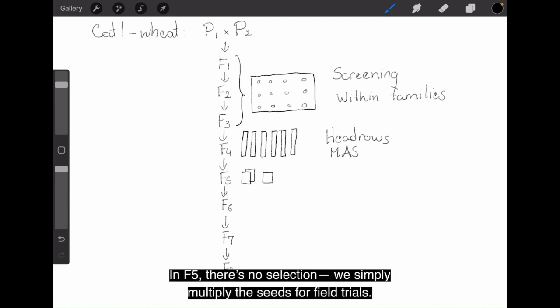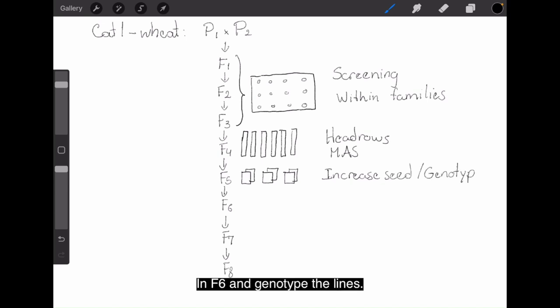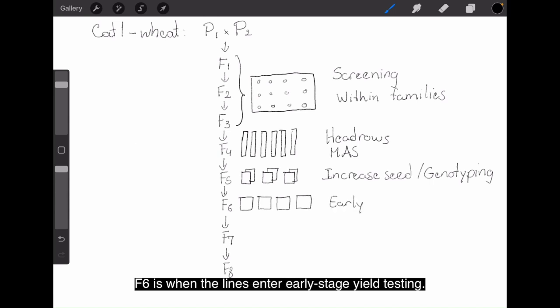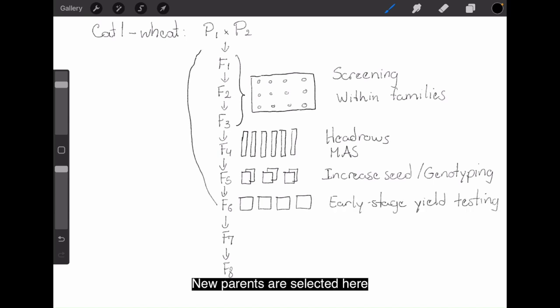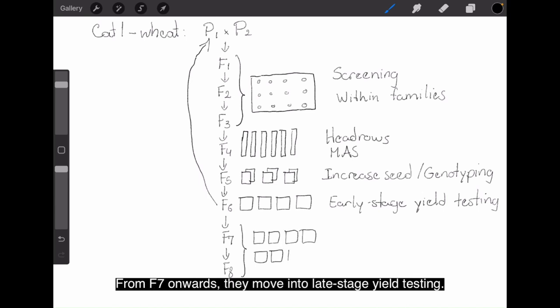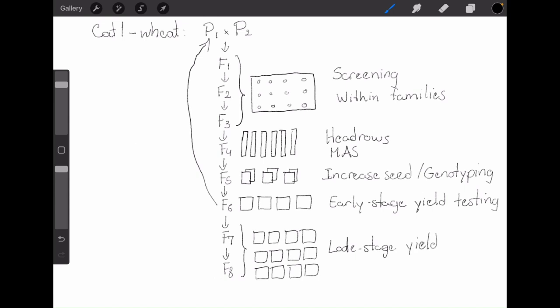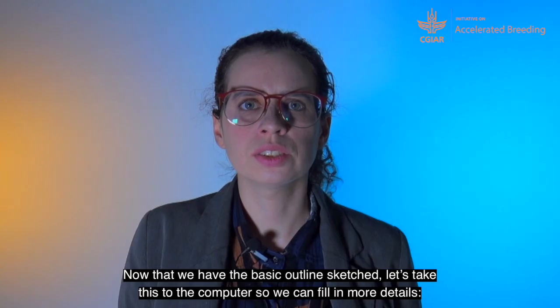In F5, there's no selection. We simply multiply the seeds for field trials on F6 and genotype the lines. F6 is when the lines enter early stage yield testing. New parents are selected here. From F7 onwards, they move into late stage yield testing. And there you go. Now that we have the basic outline sketched, let's take this to the computer so we